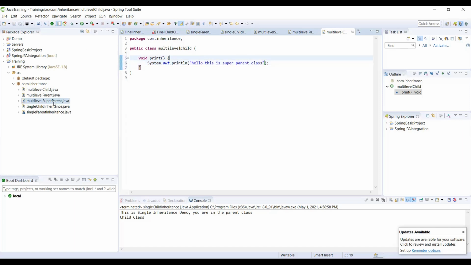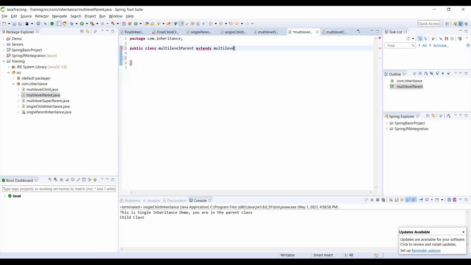Now our class B, or the parent class in this multi-level hierarchy, extends multi-level super parent.